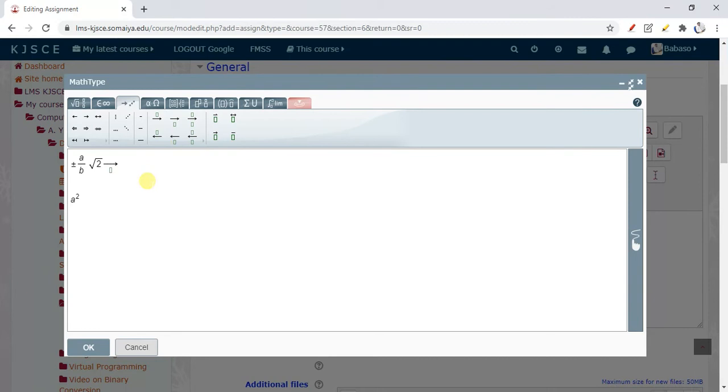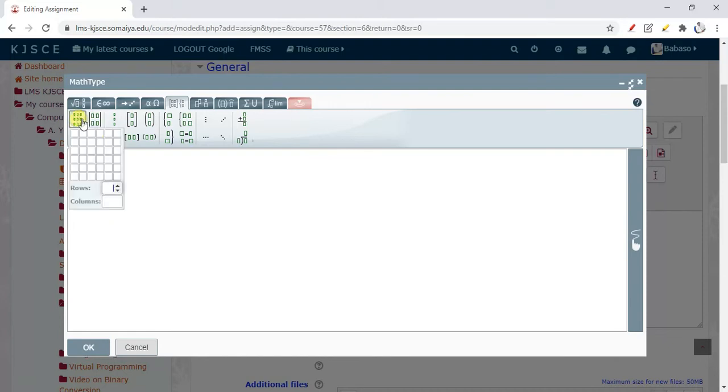Suppose I want a vector, so I'll write here, and whatever you want to write, you can use it. For example, I want to use this y. Likewise you can use these other symbols available here in your equations. If you want a matrix in your equation, for example I want this matrix, so I'll choose a 3 by 3 matrix, and I need to fill in the values. I'll write here 1, 2, 3, whatever values you want.